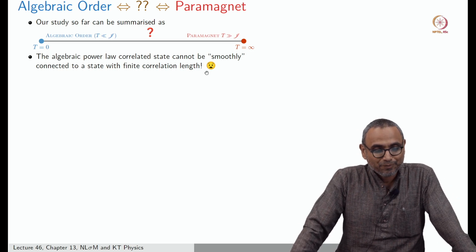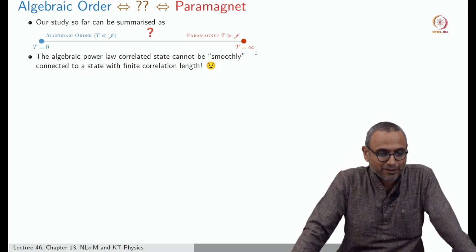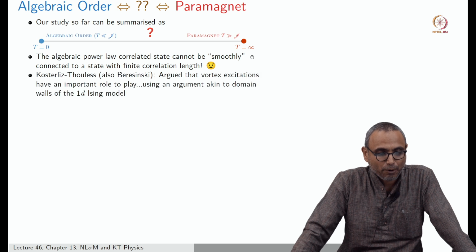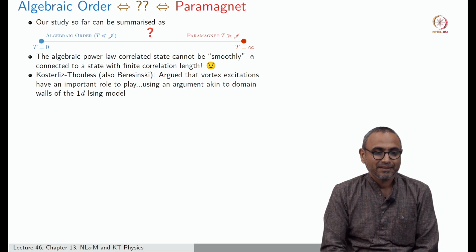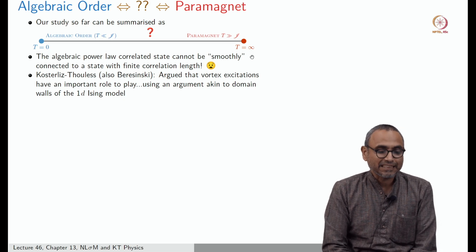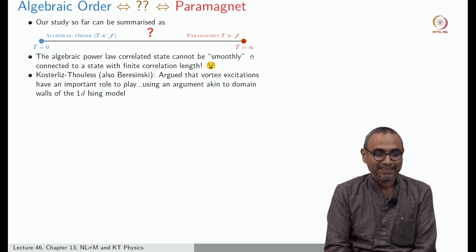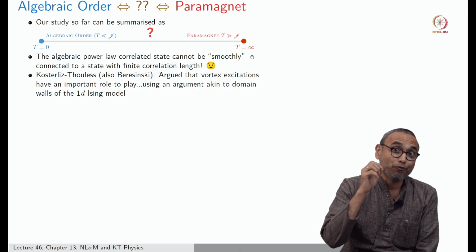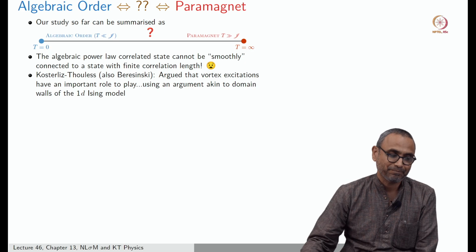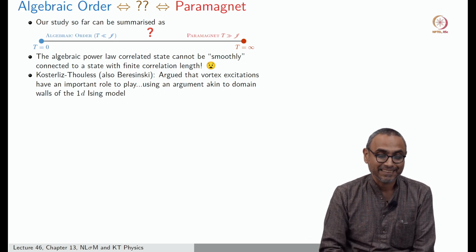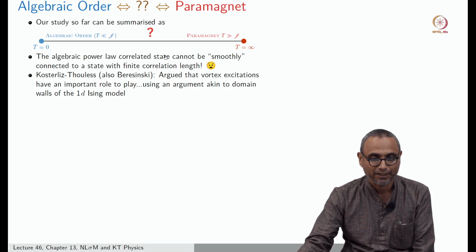So now, just common sense will tell you that this can't be smoothly connected to this. There's probably some kind of transition that is going to take place. So Kosterlitz-Thouless and, shortly before them, Berezinskii, argued that the vortex excitations, remember we completely neglected vortices to get this algebraic order, have a crucial role to play in taking you from this algebraic order to this parameter,